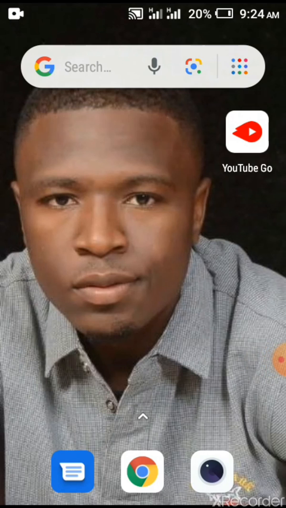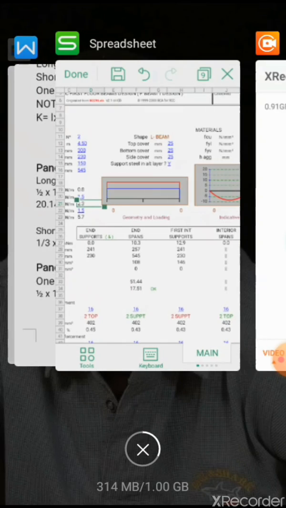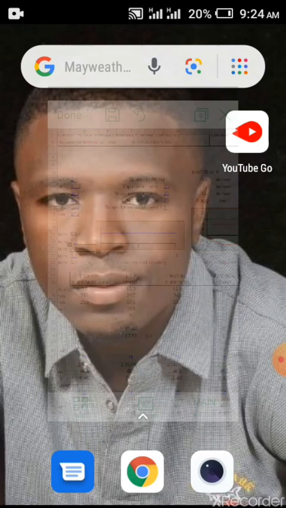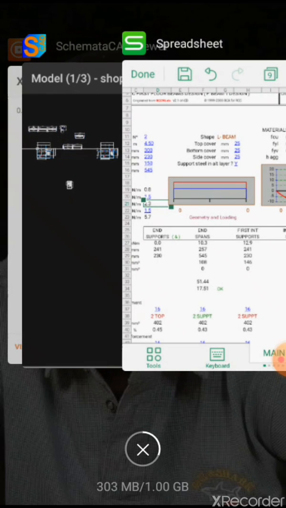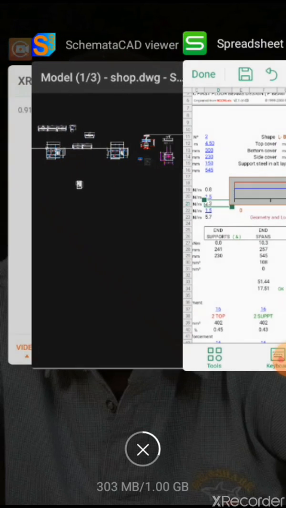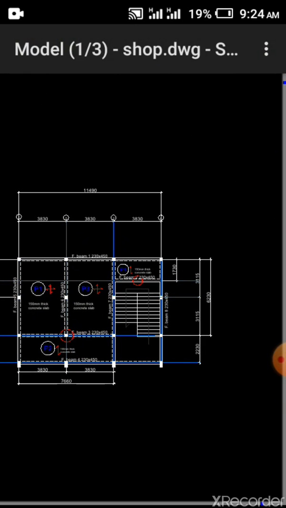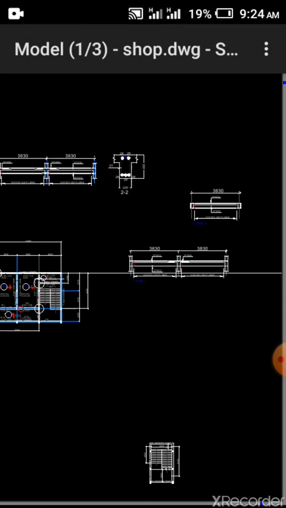In this video I'm going to be showing you how to do your designs using your mobile phone. We are going to be using the RCC spreadsheet. This works both on phones and even on your system. This is a schematic card viewer. You can use it to view your AutoCAD drawings, or any CAD drawing, whether DXF, DWG, and so